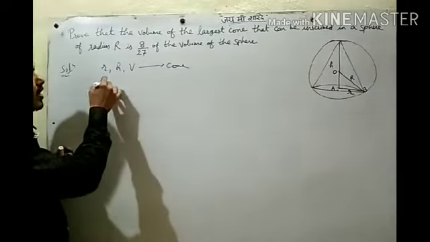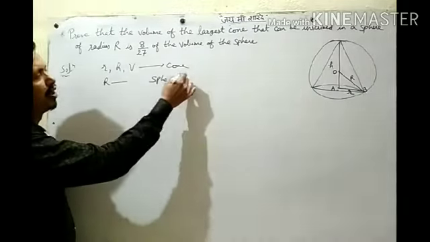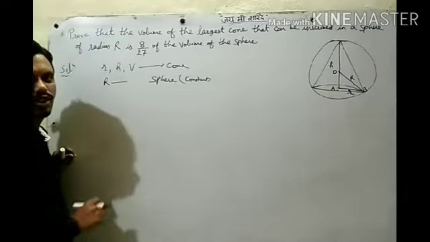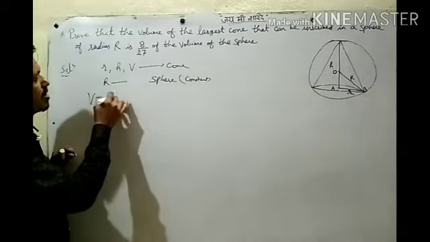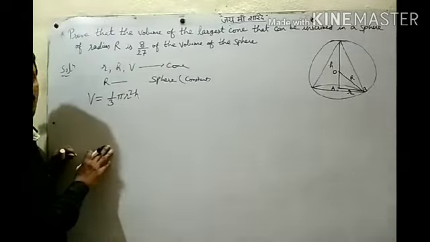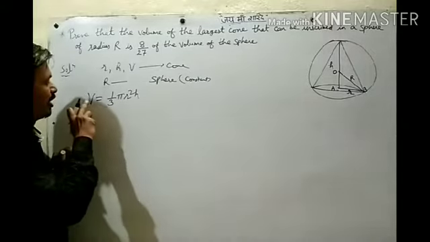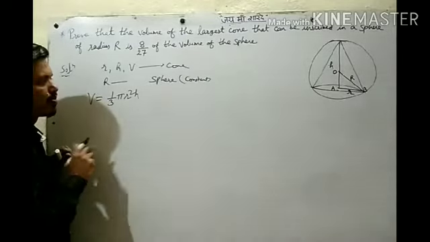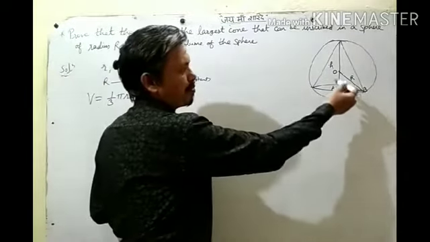Okay, then capital R is the radius of the sphere. This is given, so it will be considered as a constant. Capital R is a constant value. Now the volume of the cone is 1 by 3 times pi r square h. Now there are two variables r and h, but we need the volume maximum, so it should be in only one variable. So from the given condition, what is the condition? The radius of the sphere is given.